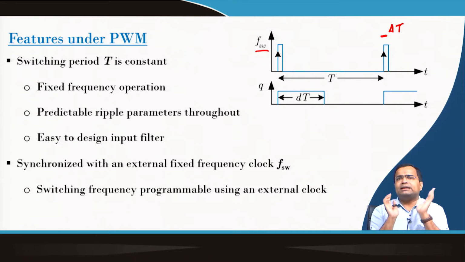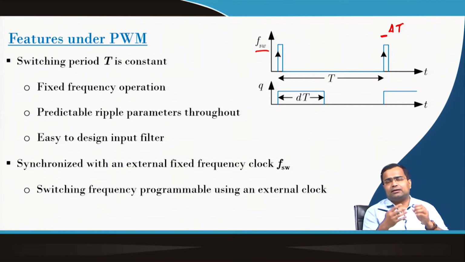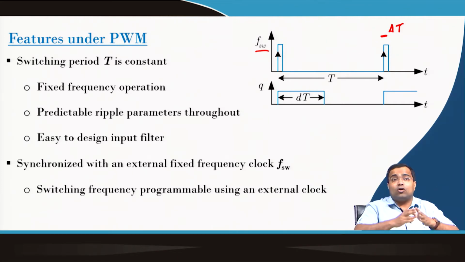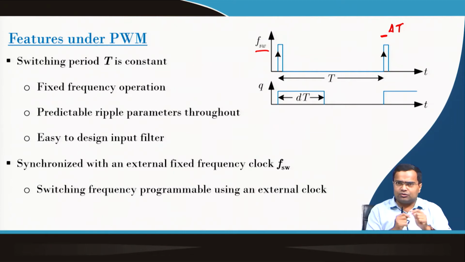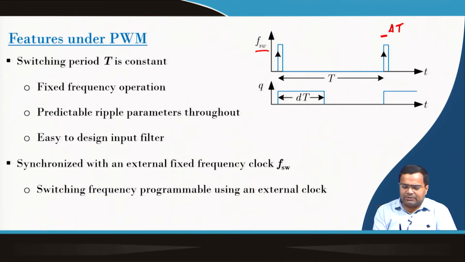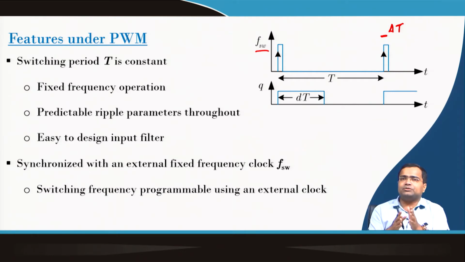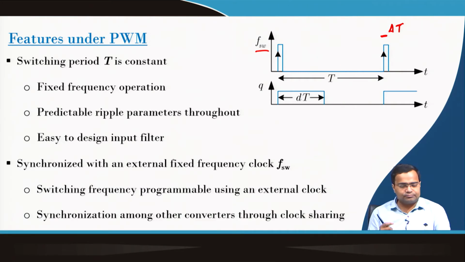We can predefine that we need this much frequency, and we want to vary it a little bit. Sometimes we do it intentionally. Suppose we see that the load current is going down, we can decrease the switching frequency to save the switching losses. Sometimes this frequency variation can be achieved inherently by using some kind of pulse skipping modulation and other techniques.